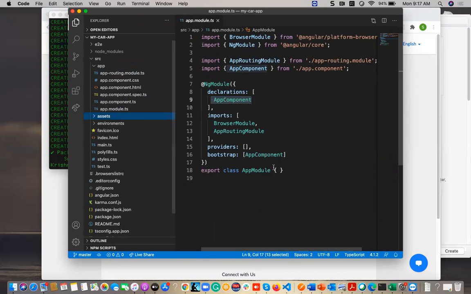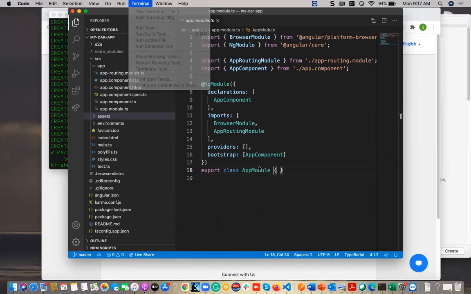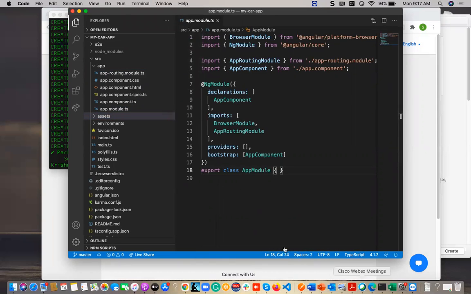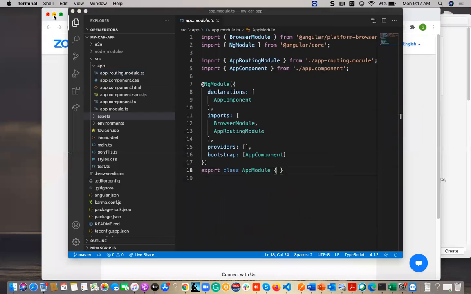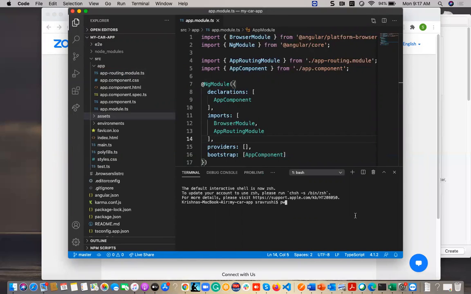Yeah. So let me go to the terminal, but I don't know why I am not getting the terminal. Now it's fine, cool. So to create a new component, what is the command? ng generate component name.